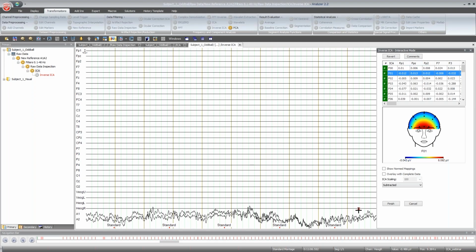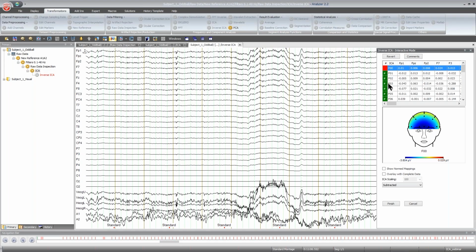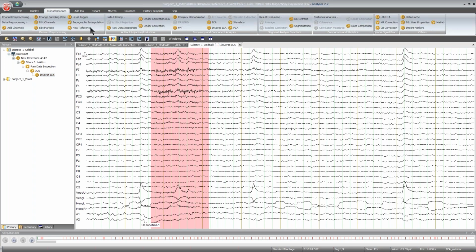Okay, so what do I do now? So just as an example, I will remove now my first component from the data. So I double click and I see in the subtracted something happens. And now I will actually click finish. And what I get now is my inverse ICA node. And what I can do now again is that I just overlay, not with the ICA node, that will not work,